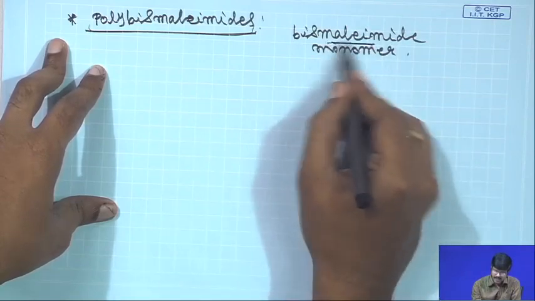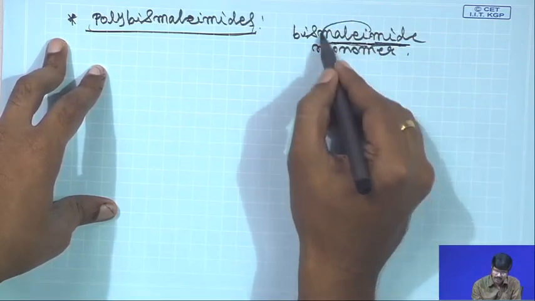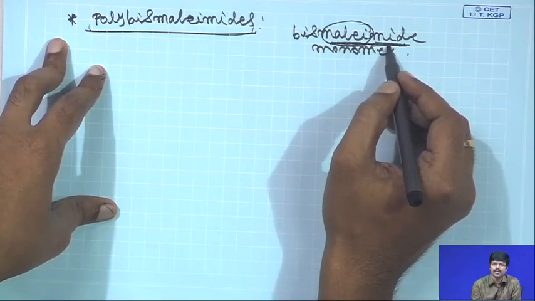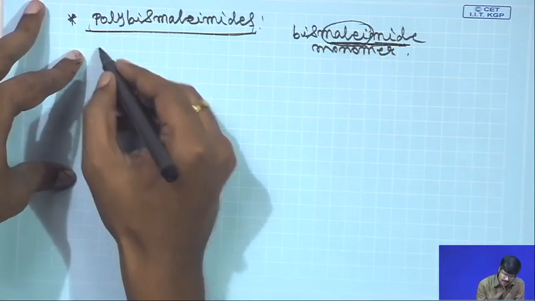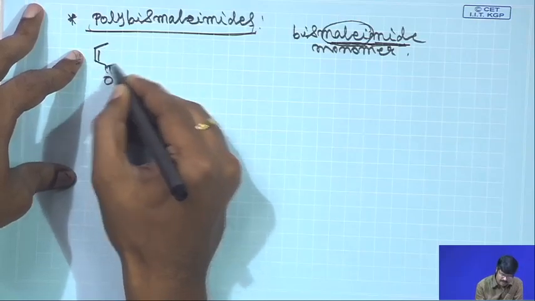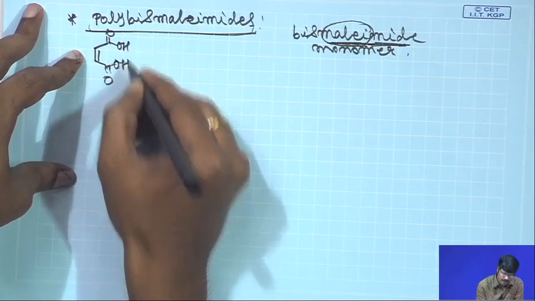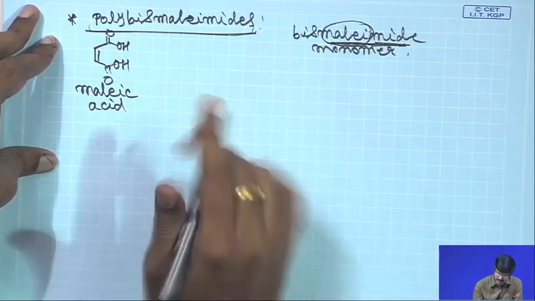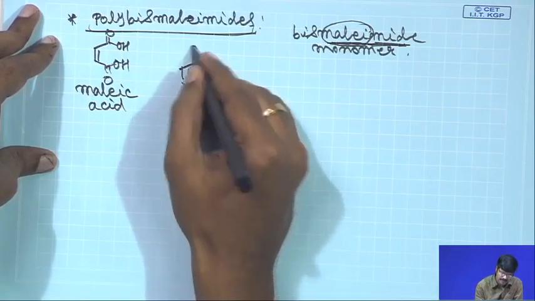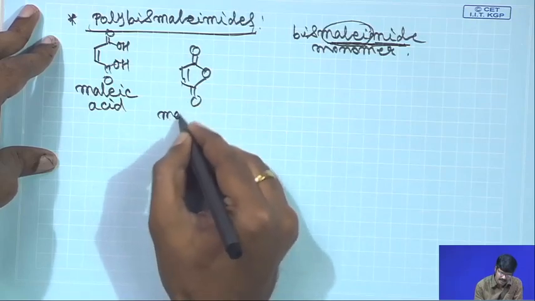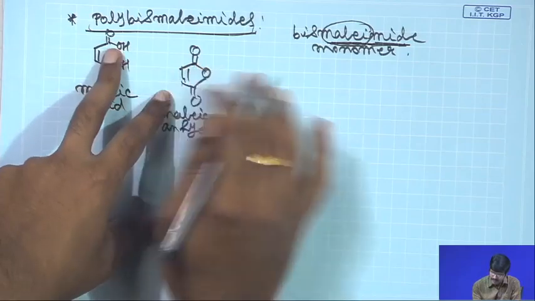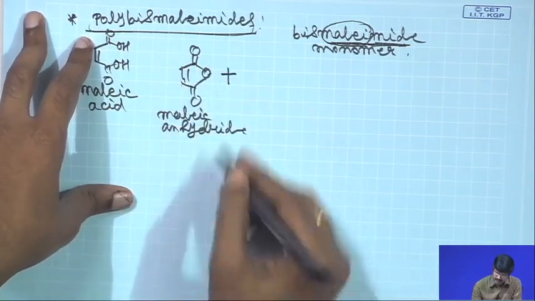So, maleimide basically means an imide starting from maleic acid, like pyromellitimide means an imide starting from pyromellitic acid. This is how you can link the things. So, your maleic acid is this. What you do in this case is you start with, now you can understand, this is maleic anhydride. You react an anhydride with a diamine,